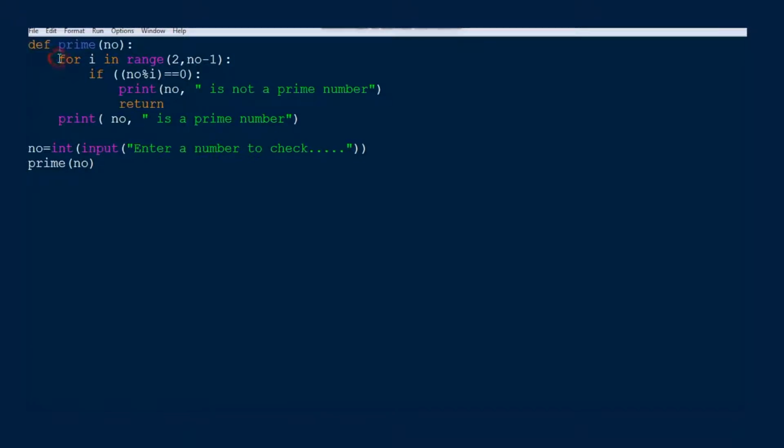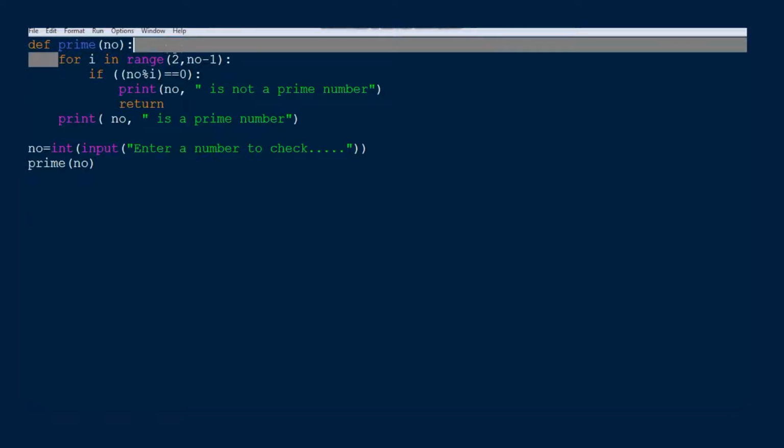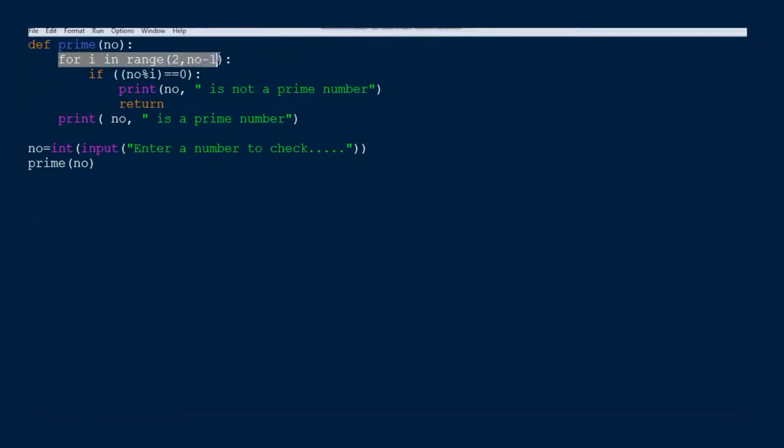It is mandatory to pass these arguments. In the example shown, we pass the number to be checked as an argument. The argument is received in the formal argument NO.